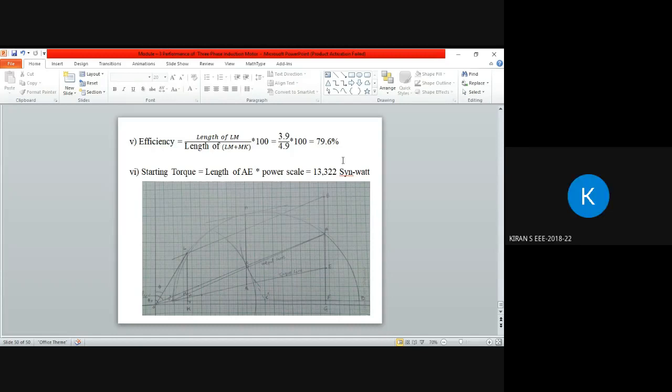So how many marks are for this? 10 marks. It will be maximum 12 marks, if he is not asking for starting torque and maximum torque. If he is asking up to efficiency, so full load line current, full load power factor, slip and efficiency, it will be asked for 10 marks. Maximum it will go up to 12 to 14 marks. But I think in one paper he asked for 12 marks.